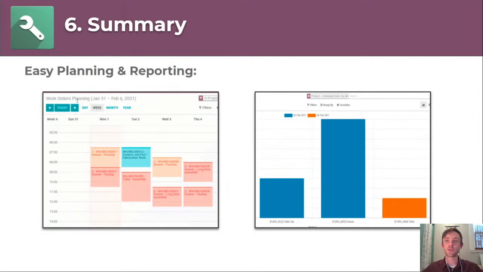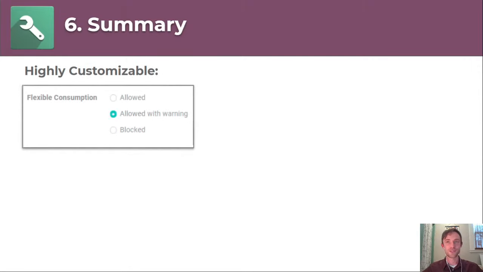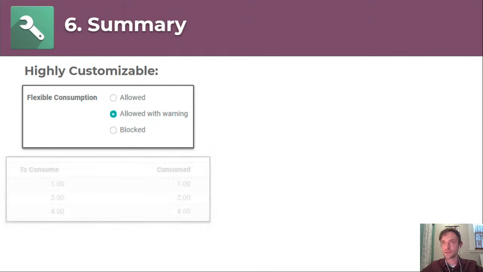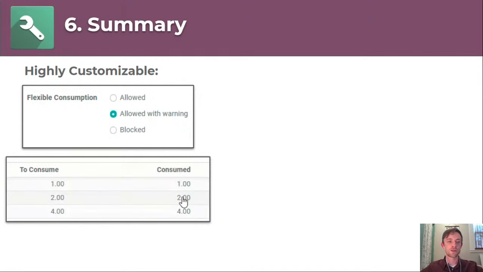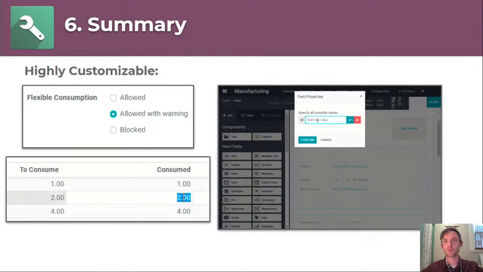We think that the planning and reporting is really easy and user-friendly, from the short-term planning to the long-term planning, and then nice visual or just very data-driven reports to look at. And then, like we just saw, it's very customizable, allowing you to do flexible changes to the components and finished good if you want to, or allowing you to change the quantities during or after a manufacturing order. And then through things like Odoo Studio, you can easily drag and drop and completely change the platform and build new